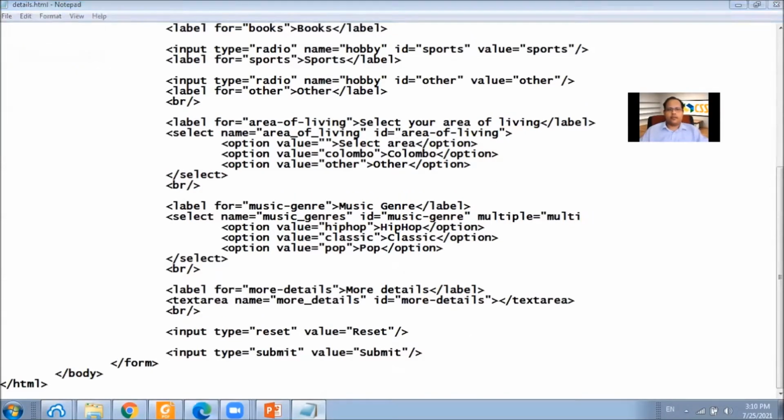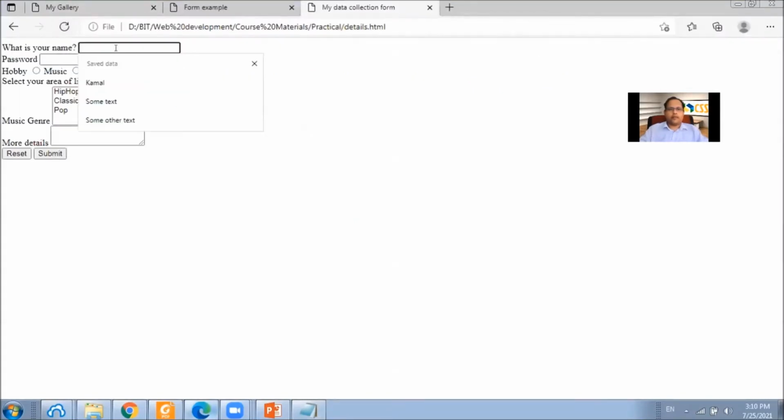Save it. User can select many things and click on this reset button to reset all the elements in the form.